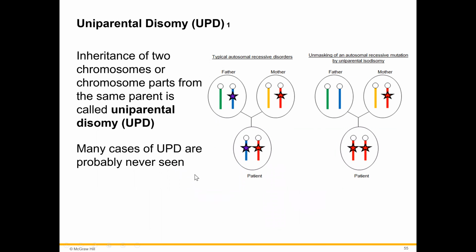And here, uniparental disomy, another chromosomal disorder, abbreviation UPD. It's an inheritance of two chromosomes, or chromosome parts, from the same parent. That's what uniparental disomy is. Now remember, disomy is a normal condition because we have disomy for chromosome 1, for chromosome 2. That means we have a pair of chromosomes. You cannot have one chromosome 5. You always have two chromosomes 5, right? So disomy is normal, but the difference is